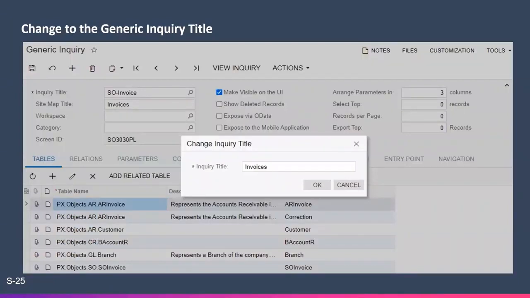Changes to the generic inquiry title. Previously, the title could not be changed. To change the title of a GI, a user can now click the Change Inquiry Title menu command on the action menu as described here